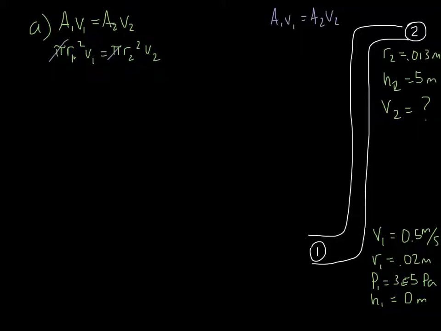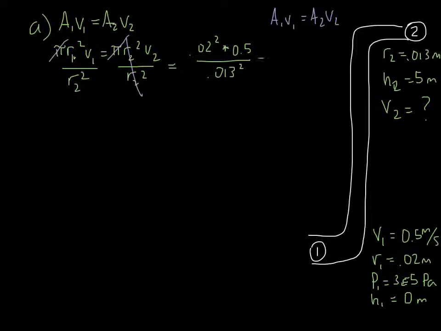We have a pi on both sides, which cancels out, and we can solve for V2 by dividing both sides by R2 squared. So V2 is equal to R1 squared, which is 0.02 squared, times V1, which was given as 0.5, divided by R2 squared,